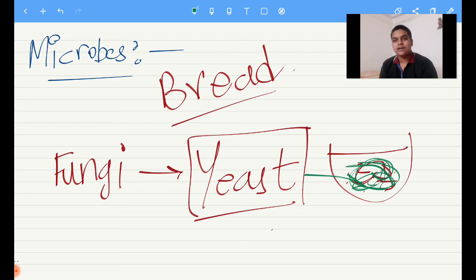releasing carbon dioxide, you can say. This yeast releases CO2 during respiration, and this CO2 makes the dough fluffy, and it makes the dough rise in its height. So this is one of the best uses of yeast. And the yeast, the genus and species name, which you can also say is the scientific name of yeast, which is used in the preparation of bread as well as beer, is one and the same.